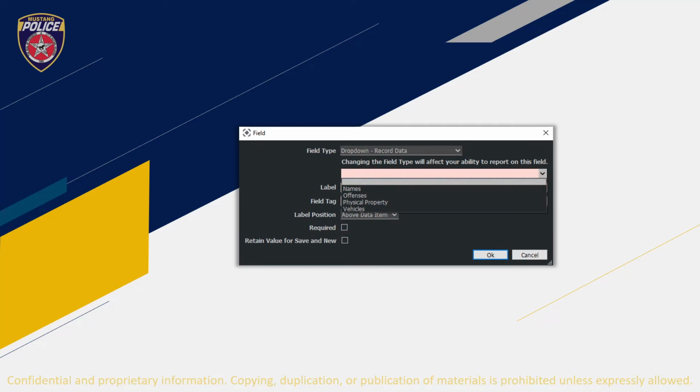One of my favorite options on here that makes things go faster is drop down record data. So you have custom drop downs, standard drop downs. Record data drop downs is only going to let you select options that are already within the record that you're filling out data from. So if you have vehicles, cars, offenses, property and evidence, physical property and evidence, there's no reason that they need to go in and re-enter that data. So if we have an evidence sheet that we're going to provide to the district attorney that shows what physical evidence we have that we're supporting this case with,